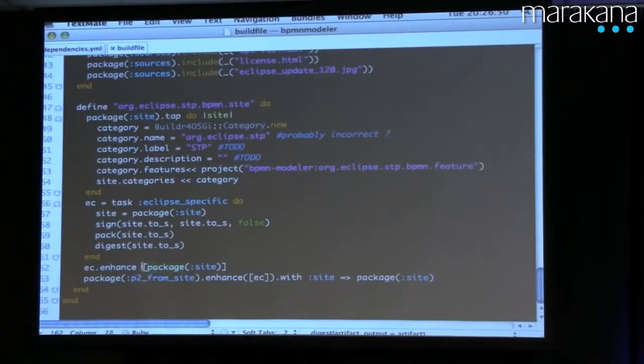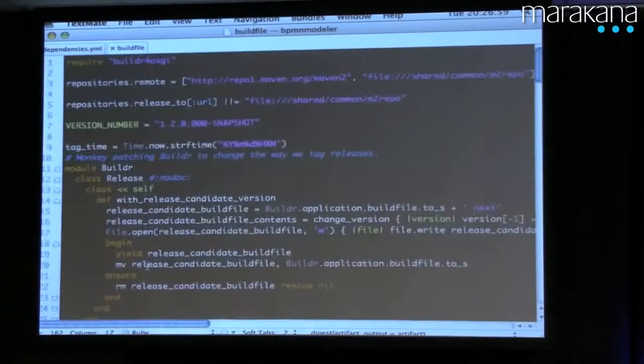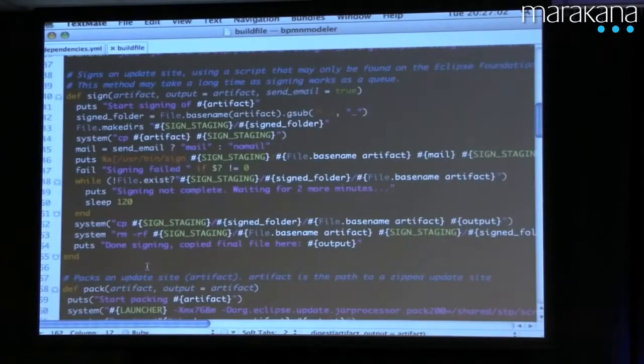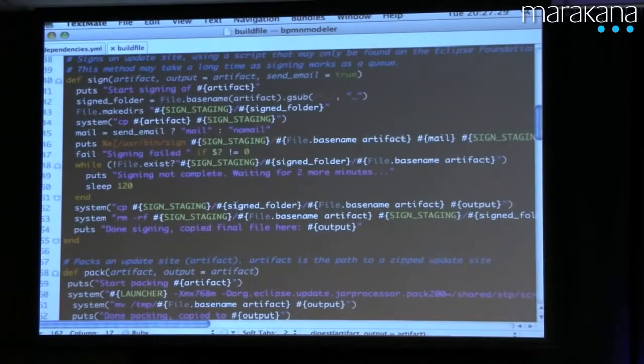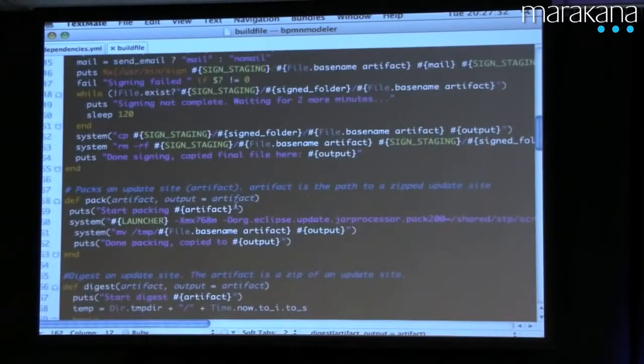I know some people get a bit lost about this file enhancement request, because we have to pass an array to this method for some reason. So if we go back, you can see we're doing a sign here. And oh, surprise, it's all Ruby code. It's horrible. I mean, we go back to the command line, and the webmasters of Eclipse for some reason think that we should use a command line to do the signing. So you copy the jar to the right location, you put it there, and you tell the sign script, hey, please come back to me. And then when the file is finally copied to the location it should be, then you can continue. The signing process can take 2 hours, and sometimes it's pretty bad.